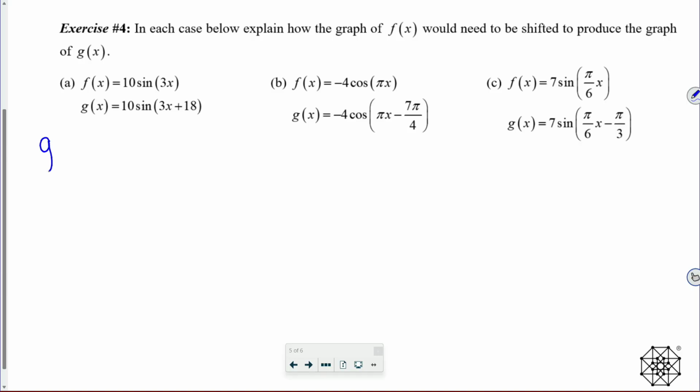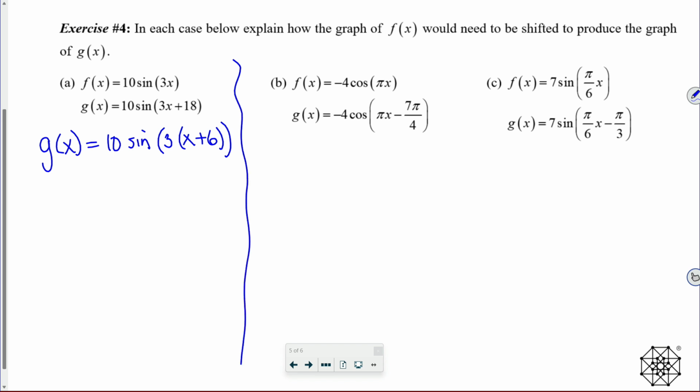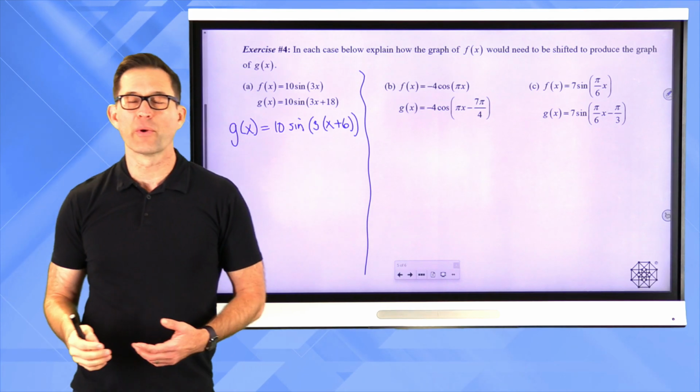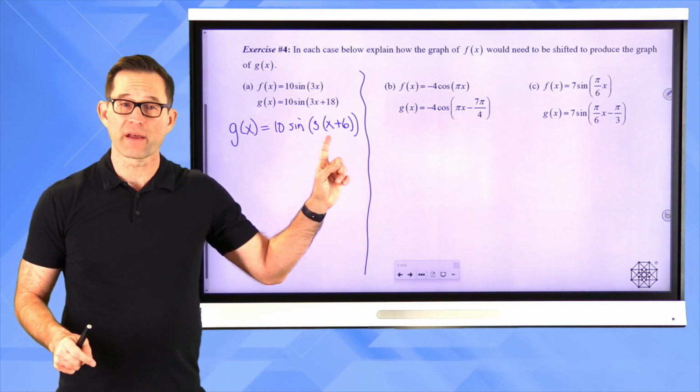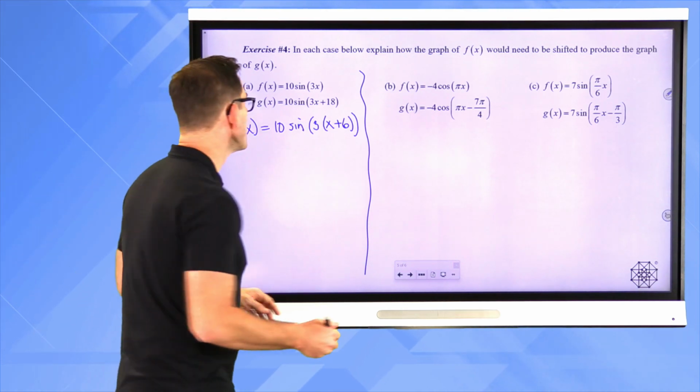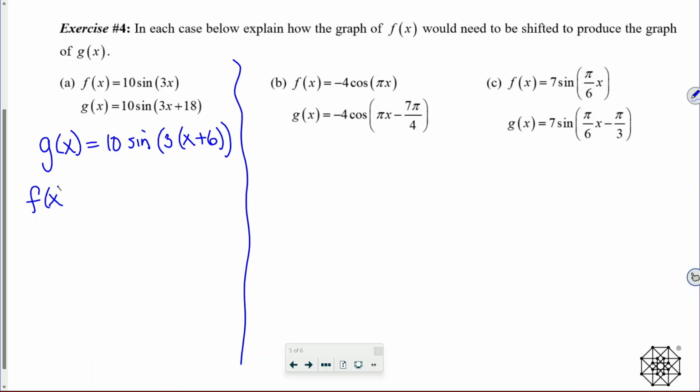If I take g of x and I rewrite it as the following, okay, so I factor a 3 out of that 3x plus 18. Now, what has been added directly to the x is 6. So we now know f of x will be shifted 6 units to the left,